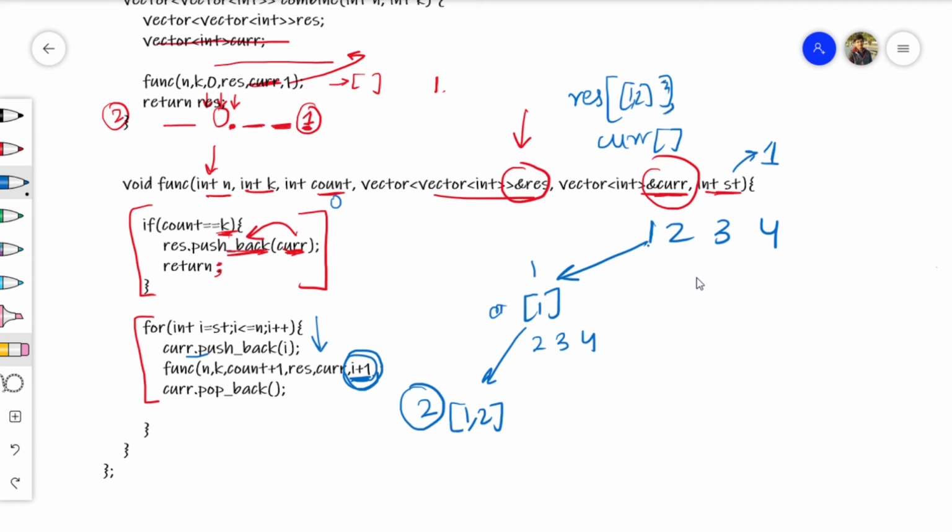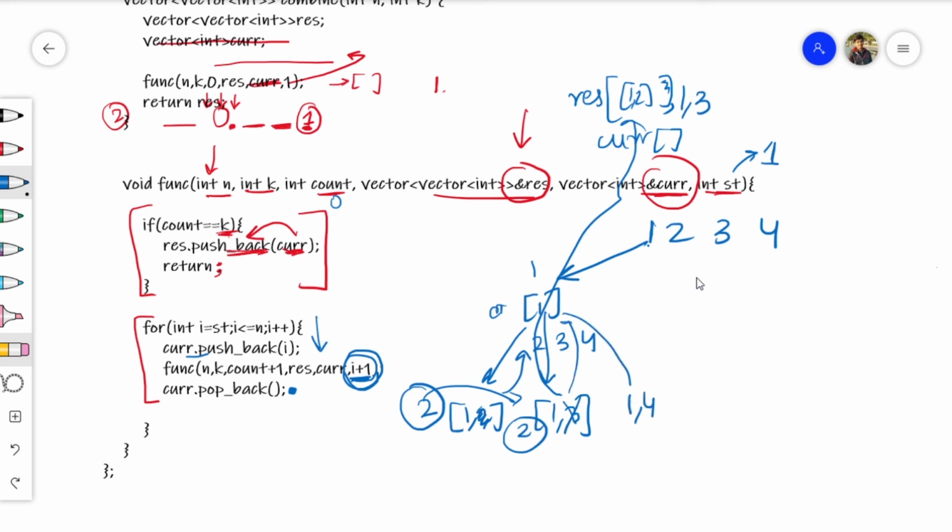Then control will come back to this point and it will pop. After popping, it will take another value, which is 1 comma 3. Again the count becomes 2, so it will be pushed into our resultant vector. So the resultant vector will have 1 comma 3. Then again it will backtrack, pop from here, and take 1 comma 4.